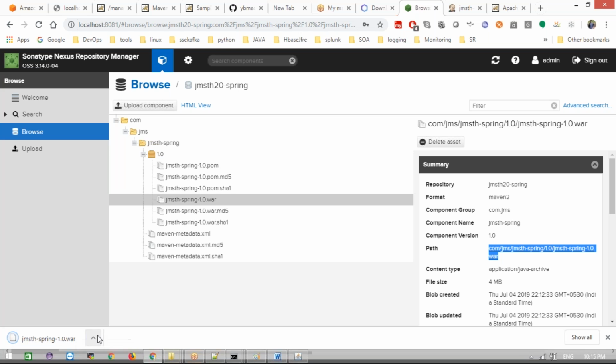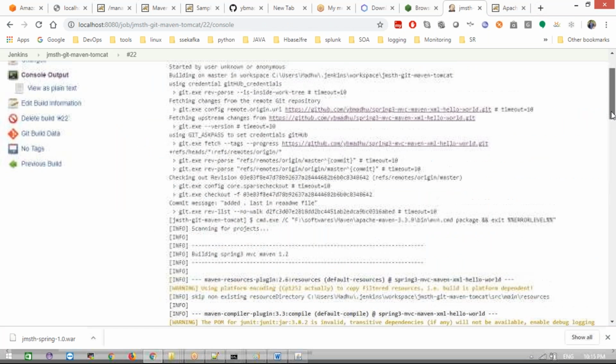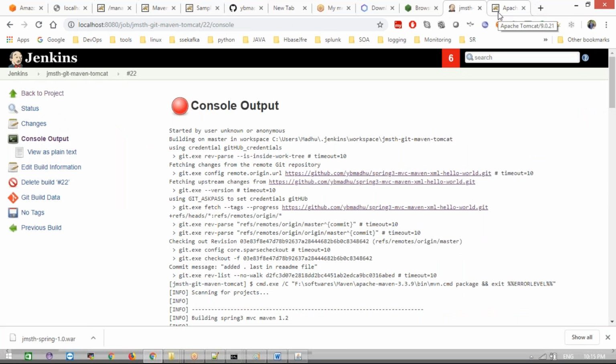See, now just download it. Use the curl command and download that, and we can deploy wherever you want. Okay, simply my WAR file will be coming here, right? Very clear up to now. Now let me do one more thing. I will show one more thing, because people will be making mistakes here, so I'm going to explain it.